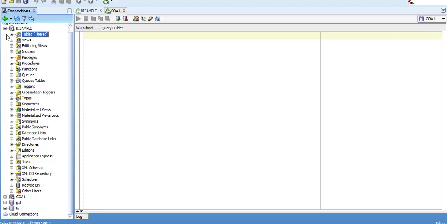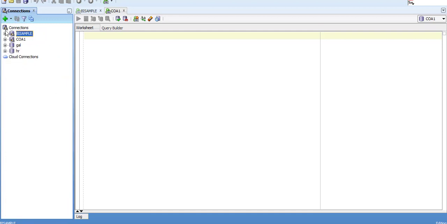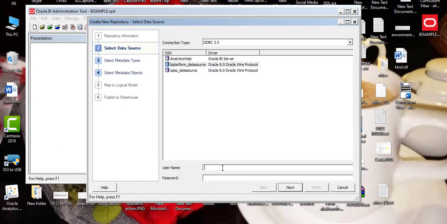This user was already created in our 12c database. We will use this user in our RPD, the BI sample, and then provide the password. Press next.